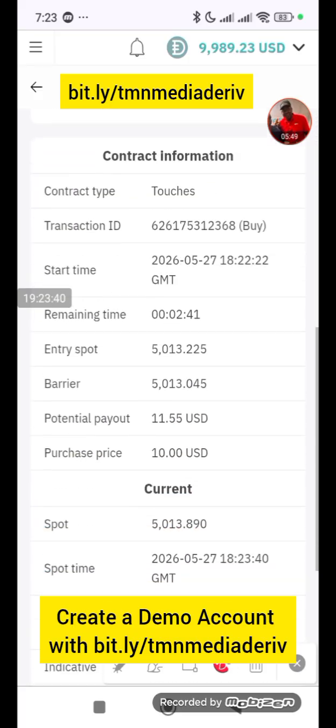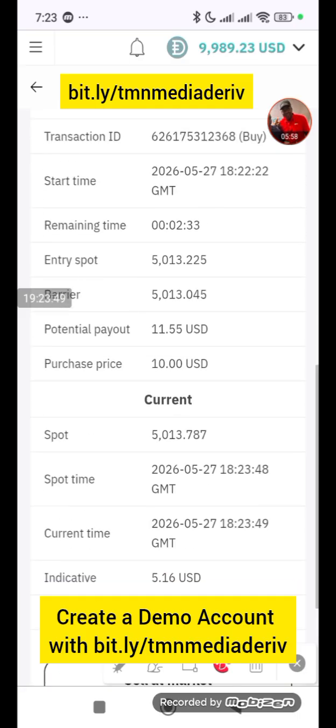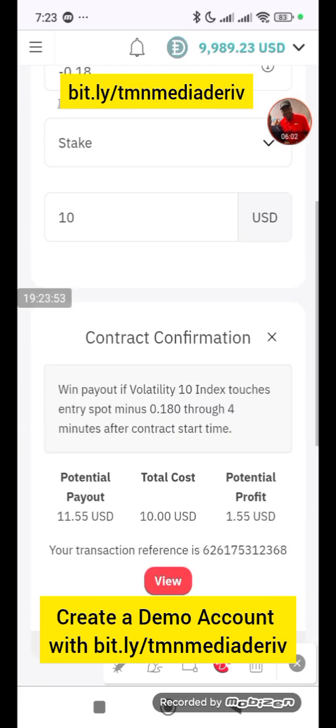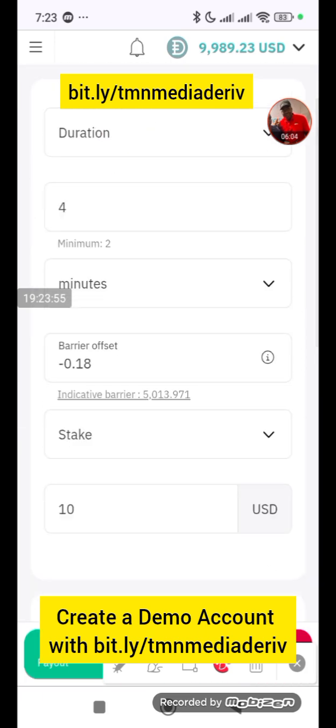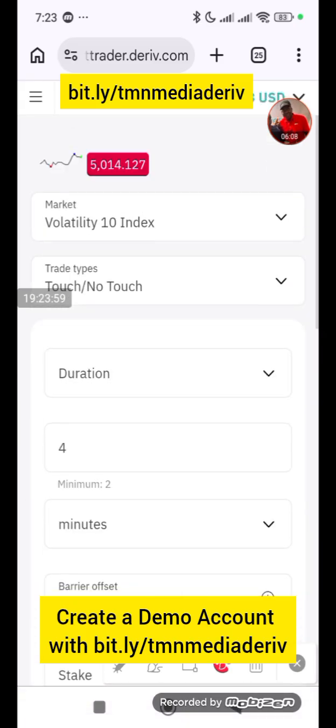Now, I need you to understand, this is how the trades work. Okay, this is how we trade touch, rise and fall, and all that. So this explains touch. Okay, let me show you this so that you'll be able to understand very well. Let's change it to plus. I'll wait for the price to come down a little bit. Once I see this thing that is showing here, showing